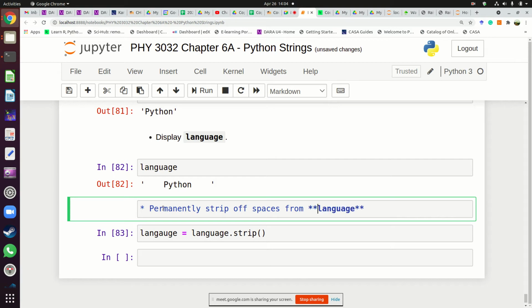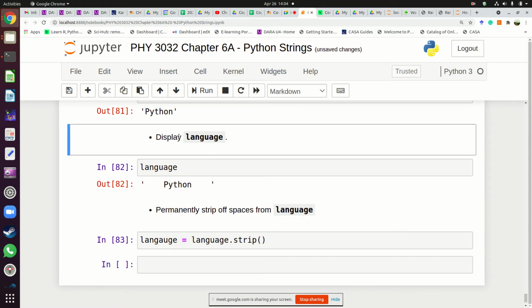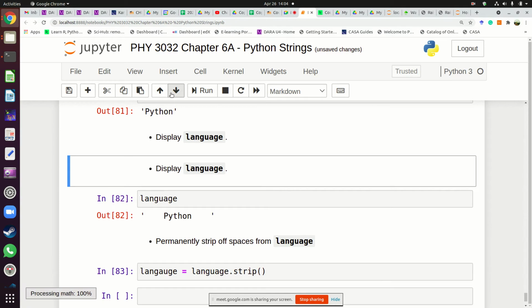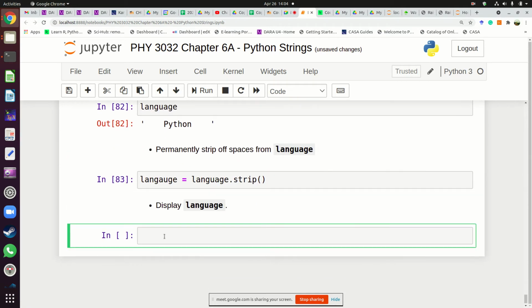That's what it does, if that's what you want to do. Now when you do that, next when you try to display the modified language without spaces, if you do language,